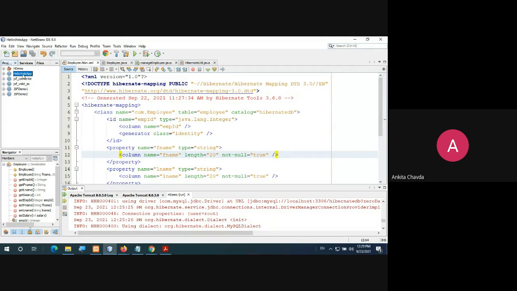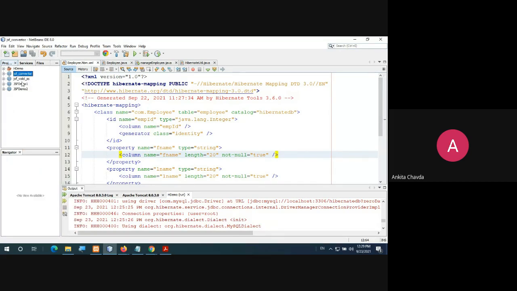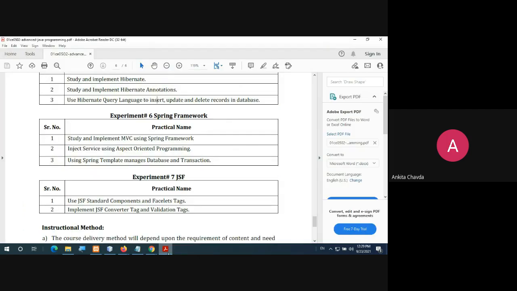Now we'll start with JSF. In JSF, you will see the JSF standard components and facelets tags, and how you can include other files into this.